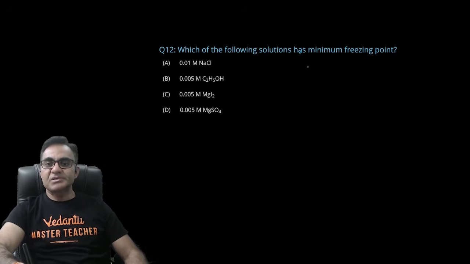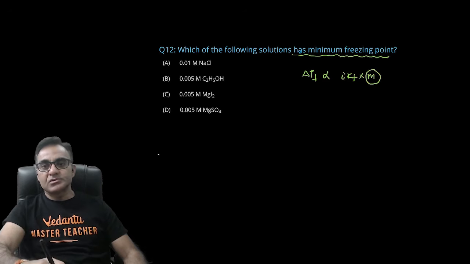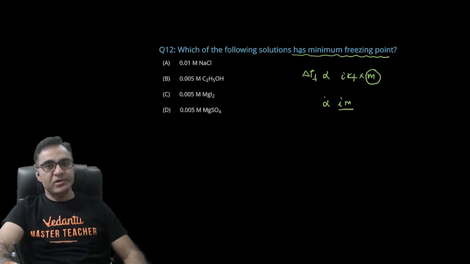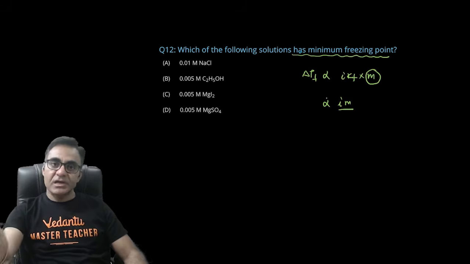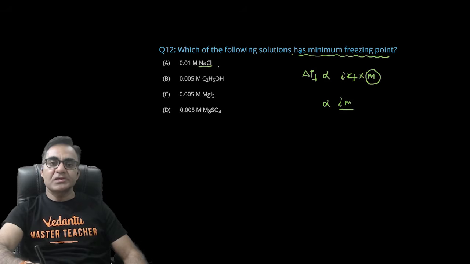Which of the following solutions has minimum freezing point, देखो colligative property का सवाल है ये। Freezing point में depression होता है जब भी आप non volatile solute डाल देते हैं solvent के अंदर, तो जो delta Tf होता है that is directly proportional to i into Kf into molality। Right, तो in fact Kf तो सबके लिए fixed है, i into molality check कर लो, और i number of particles के directly proportional होता है। Right, तो जिसमें ज्यादा particle होंगे उसके अंदर delta Tf का value ज्यादा हो जाएगी, और जिसका delta Tf ज्यादा होगा यानी depression ज्यादा होगा उसका freezing point कम हो जाएगा।